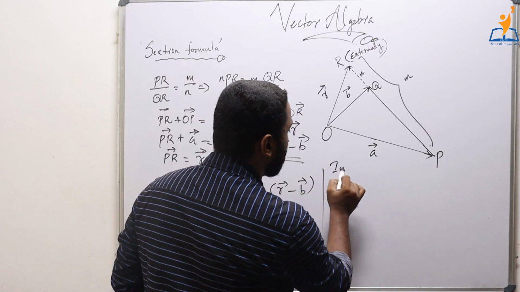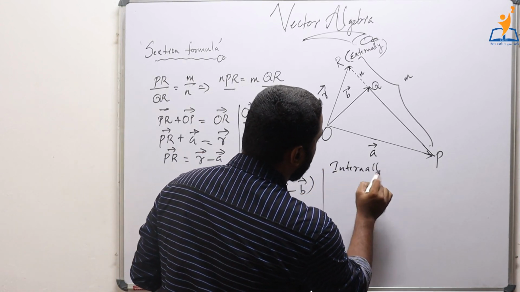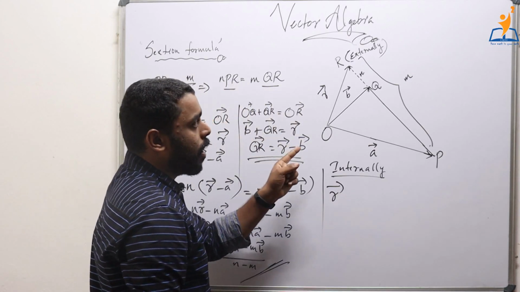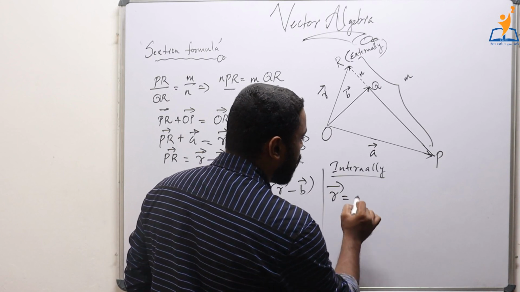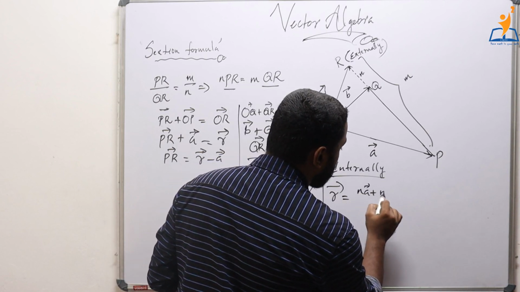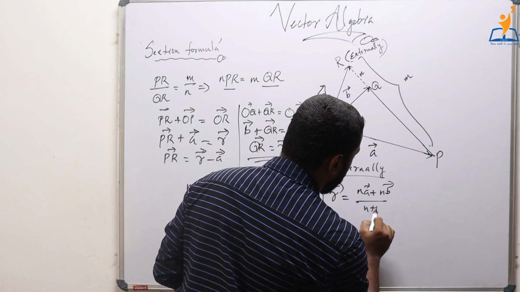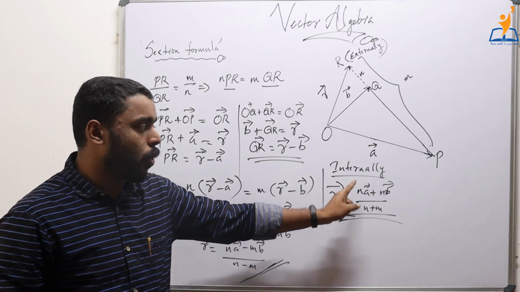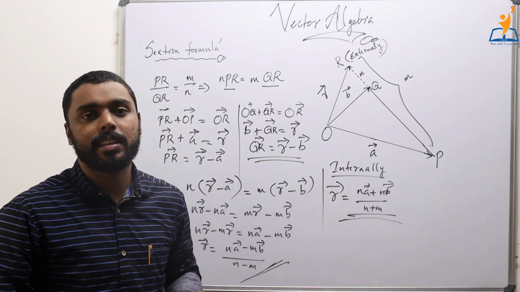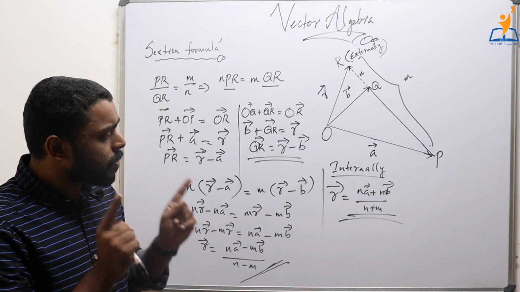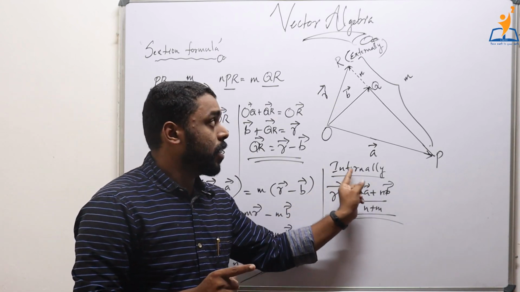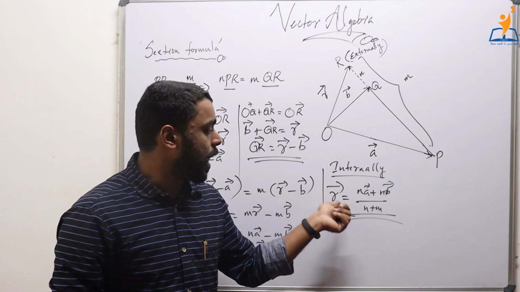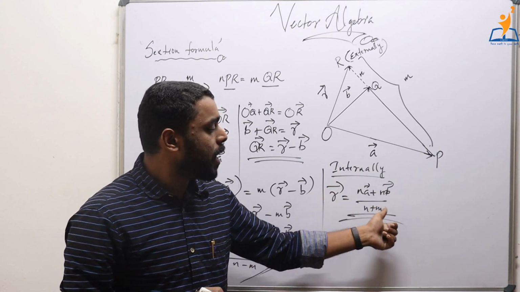We know that for the internal ratio, when the point divides internally, the position vector of the point R is (mB + nA) divided by (m + n). Don't forget these two equations whenever the point divides a line segment internally in the ratio. Always focus that this applies when the division is internal in the ratio m:n, then the position vector of the point R is (mB + nA) by (m + n).